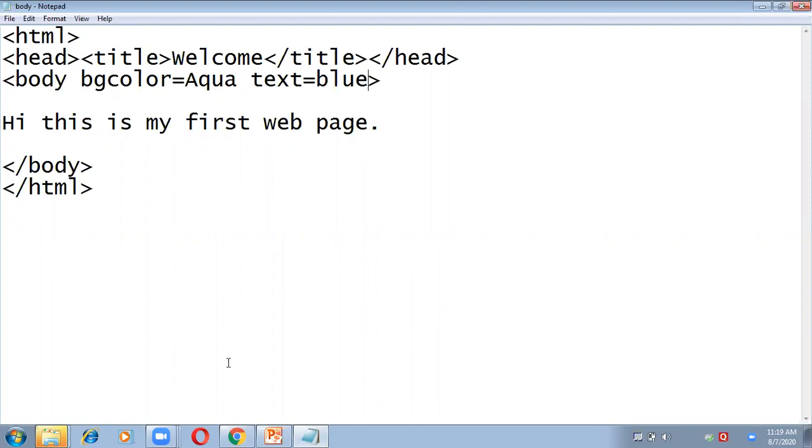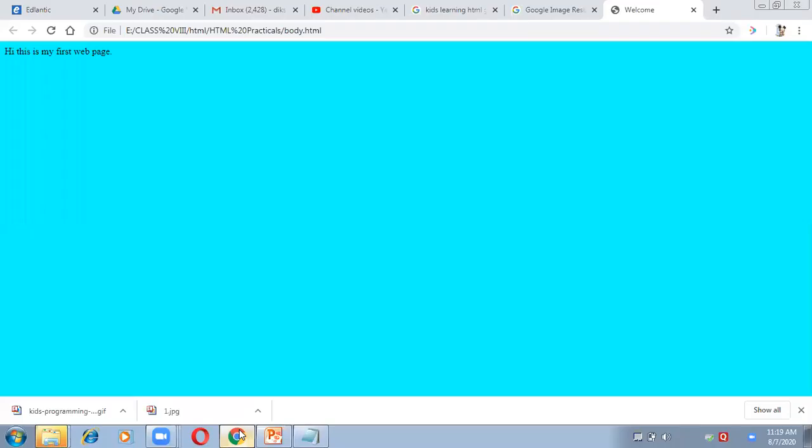Save, check. How do you have to save? By pressing Ctrl plus S. Then you have to open the web browser. You need not open it again and again by going to the folder. You have just opened the browser once, so again you have to go to that browser. Now to see the changes which you have made, you have to press F5. Now the content of the page is blue in color.